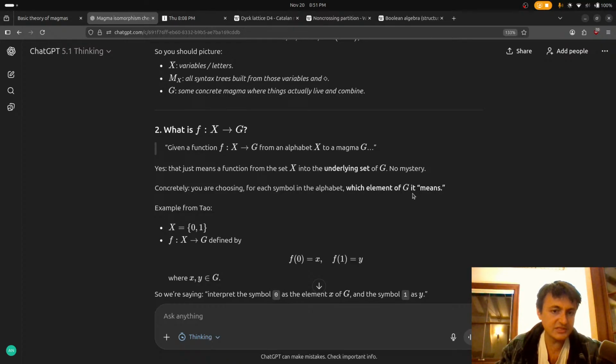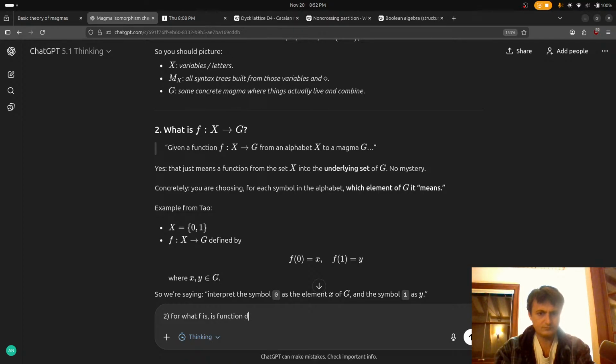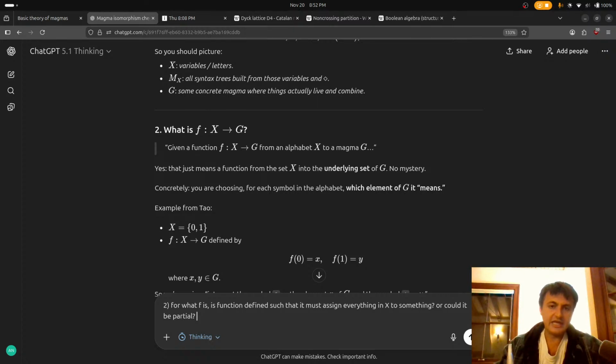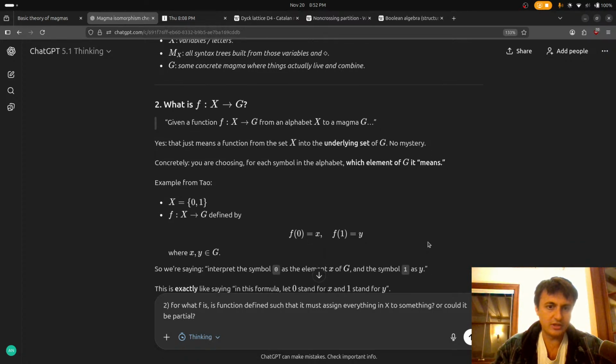No, I think the definition of a function is that it takes... Okay, I'm guessing that's a stupid question, and it has to be total or whatever you call it.